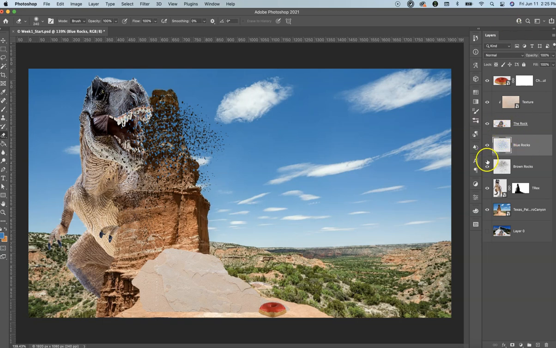So the best way to edit any kind of layer is to just simply add a mask to it. So we go down here and find the mask, the rectangle with the circle, add that to our blue rock. Now we see the black and white swatches, which we want to have white on top so we can actually remove